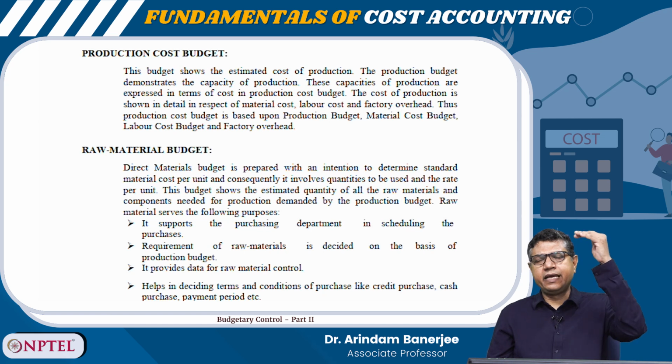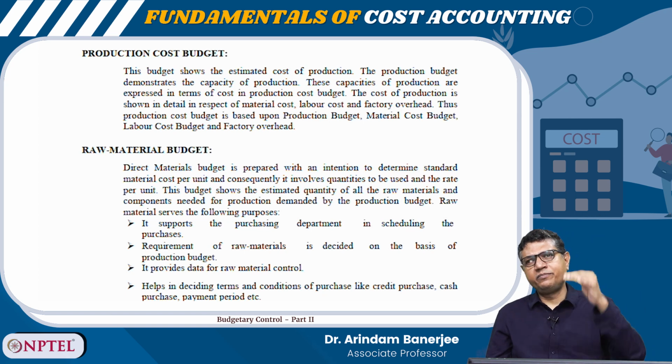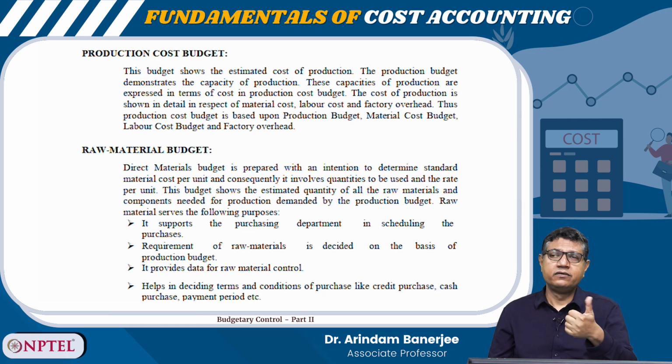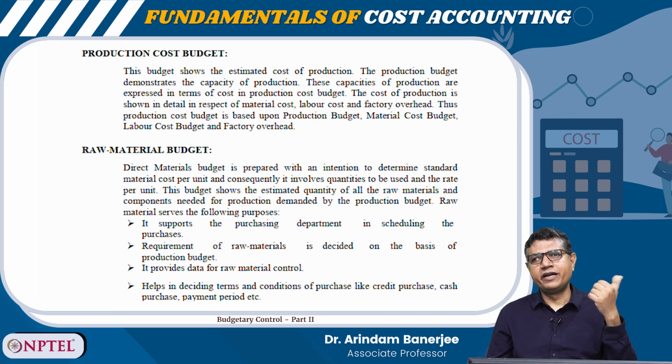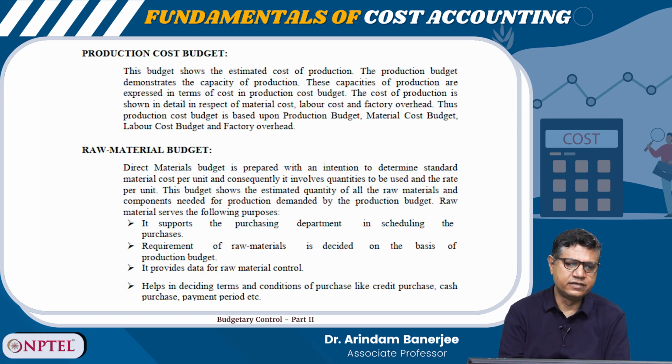So these are the segregations which we have already studied: we can add direct material, direct labor, direct expense, and arrive at the prime cost. With that, I can add production overhead, so I can get the cost of production. So I can make the budget estimate of all these costs in sync with the sales budget, which is given by the marketing department. Okay, so that's the way.